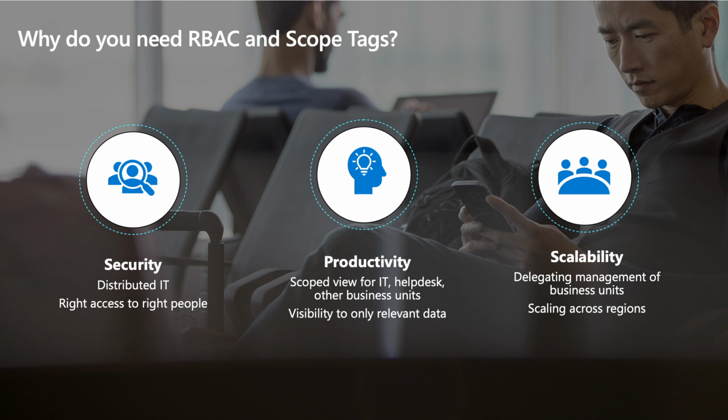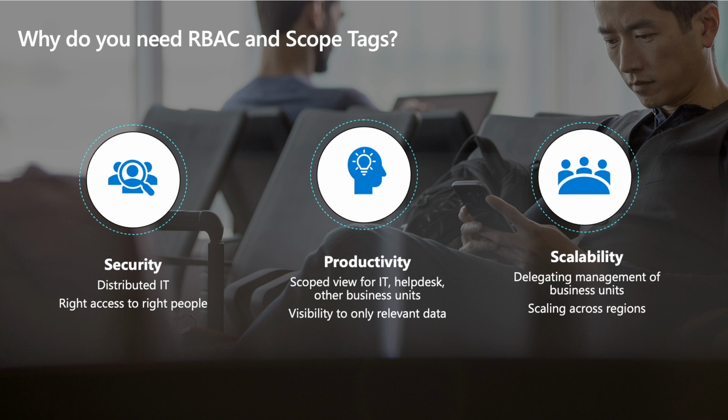Now that we know what RBAC is and what scope tags are, let's highlight a few business scenarios where we need them. If you are a global organization with operations spread across geographies or regions, or a company with various departments, then the policies applicable to a specific department or region might not be applicable to other regions or departments. Hence, you need multiple admins in the organization so that you can delegate most of the differentiated tasks. And the only way to delegate that securely, such that your regions or departments do not access each other's policies and data not applicable to them, is using RBAC.